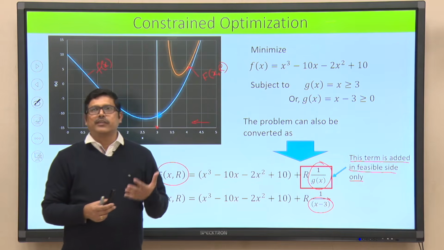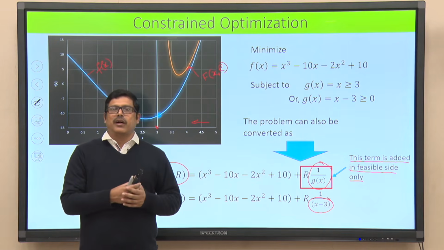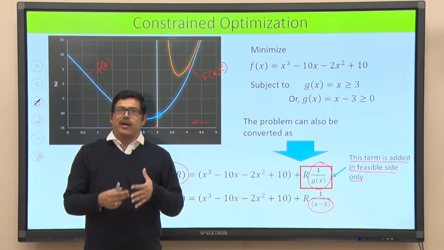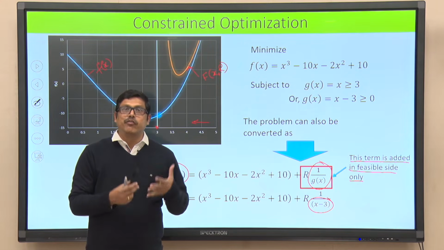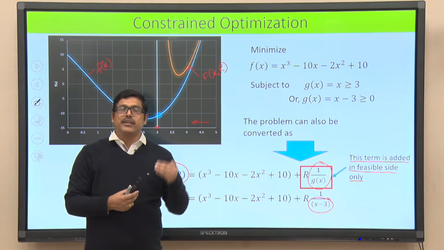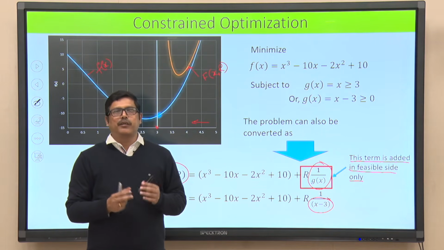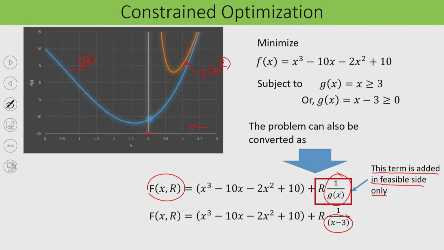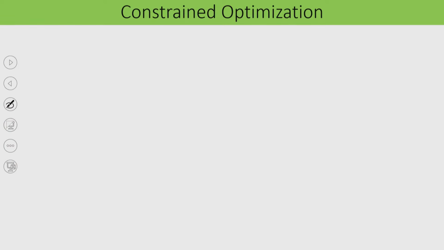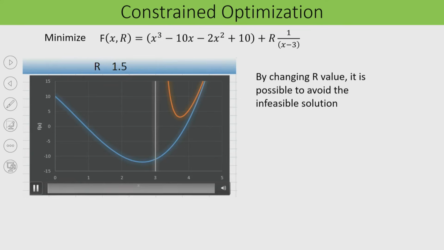We have penalized the solution on the infeasible side, and in this case we have penalized the solution on the feasible side. So, therefore, this is the interior penalty method, and the earlier one was the exterior penalty method. Now let us see what is the effect of r in this case. If you look at this,